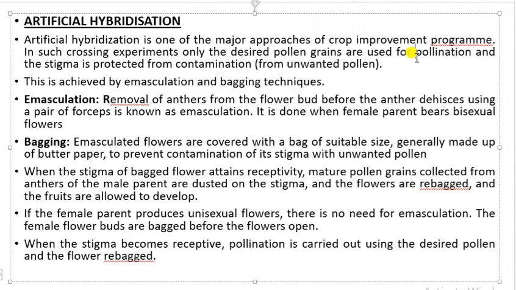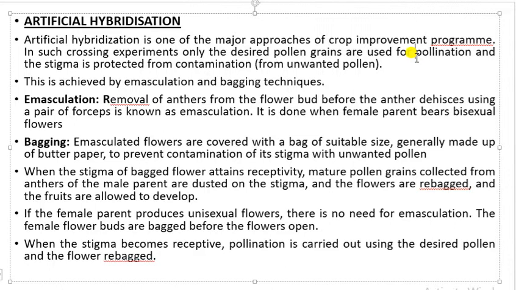So as we have gone through earlier, if the stigma is open or exposed, in that case the stigma can come in contact with any of the pollen grains coming from any species of the plants. As a result, germination of any pollen can take place on the surface of stigma. But in case of artificial hybridization, we can have some desired pollen grains, and we can pollinate the flowers by using these pollen grains. And on the other side, we can protect the stigma so that it is protected from any kind of contamination and no unwanted pollen can come on the surface of stigma.